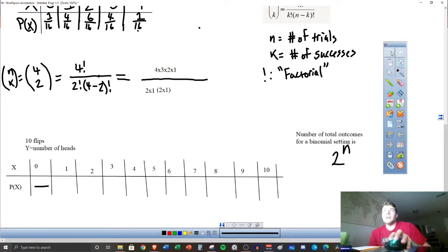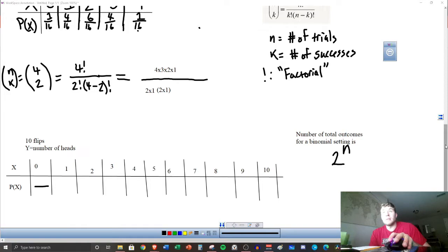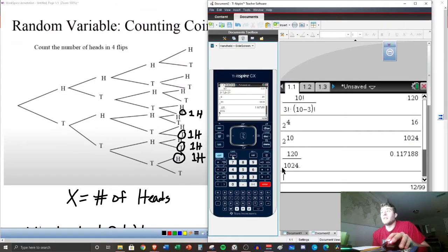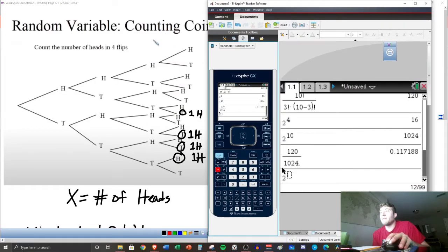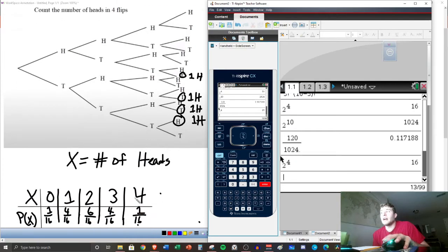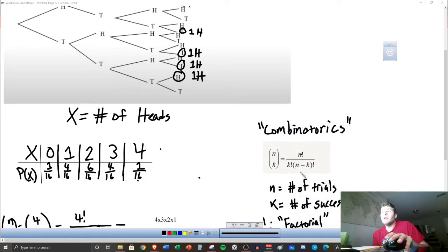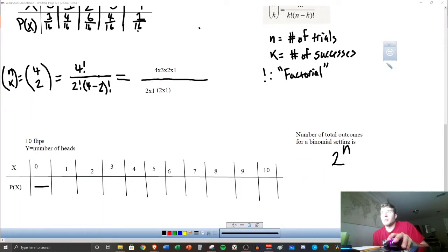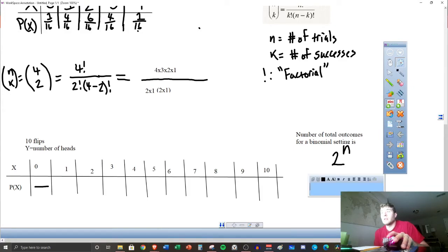And this, for those that understand how computers work, is actually going to be kind of an enlightening situation here, maybe. But let's make sense of this. If we had 4, n is the number of trials, 2 to the 4, we had 16 trials on this one, right? So how many are we going to have for 10 trials? And we need to make sure we put that n equals